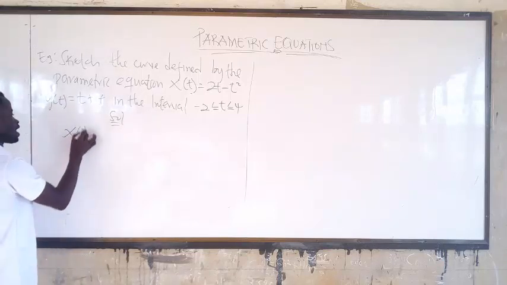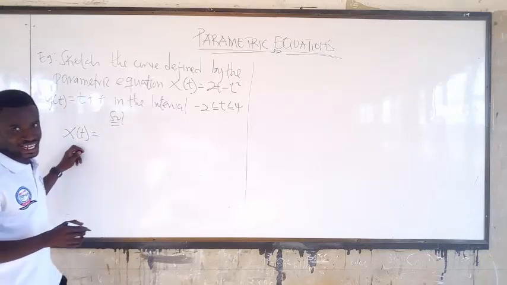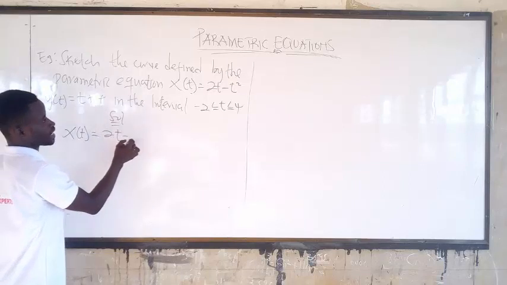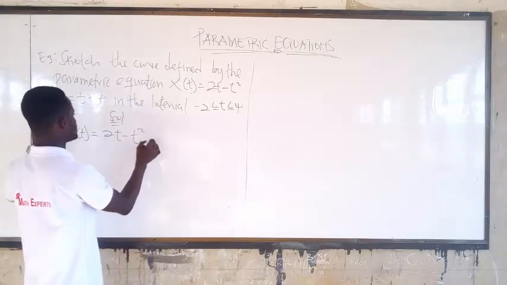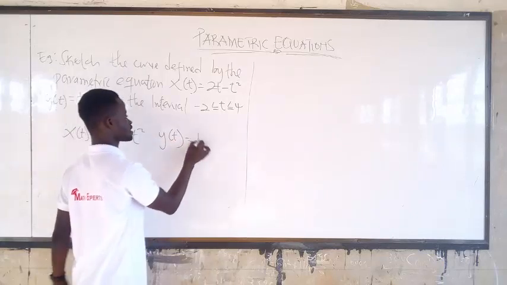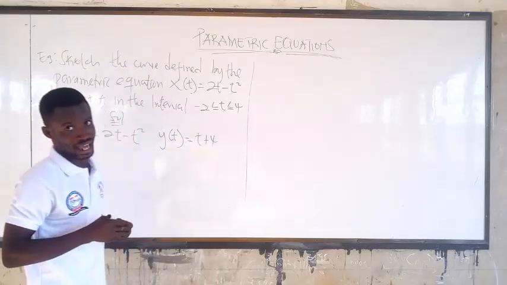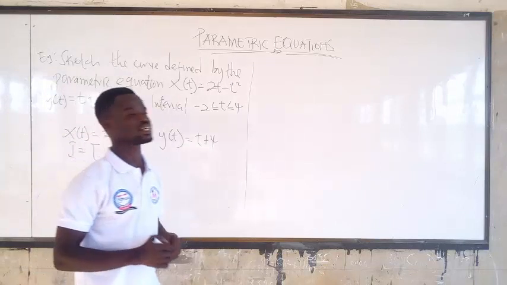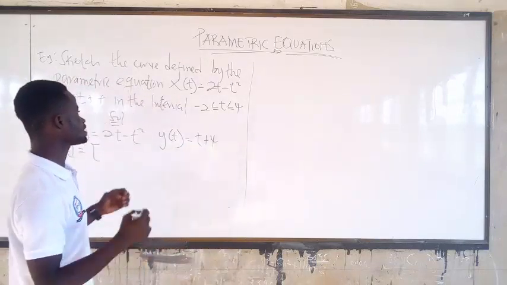The function of x in terms of t, which is 2t minus t squared. Then the y in terms of t, which is t plus 4. Alright? Then you have to also be expecting an interval that will be given to you. So the interval is